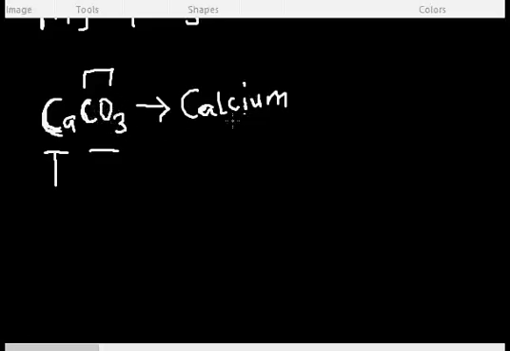That's why I have calcium. Now this entire radical is triazo. Why triazo? Because the oxygen there is 3 atoms, triazo. So before I now come to name this carbonate,